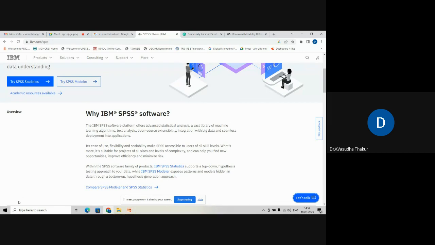Out of that, you select which you want: table, graph, with graph, without graph, what table format you want, rows in columns, columns in rows, how many rows, how many columns. All that you can select and just click. Moment you click, it will take a second or two to buffer, and it will give you hundreds and more than hundreds of tables